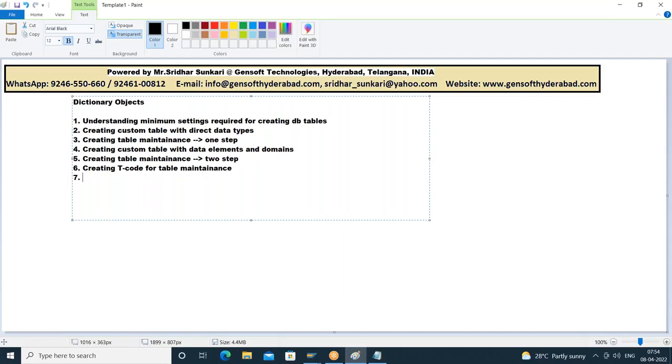Then implementing events at database table level. What else we discussed after this? We have seen foreign key relationship